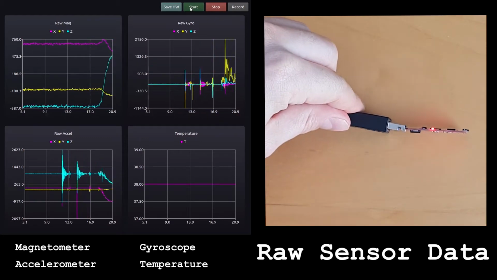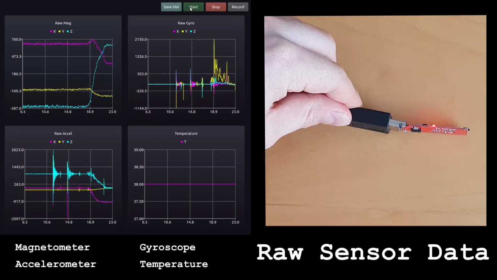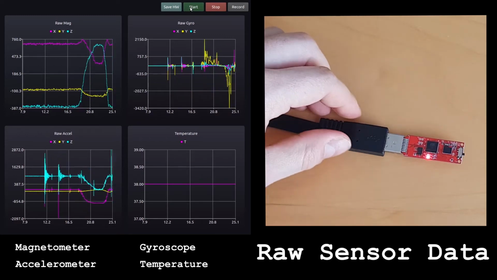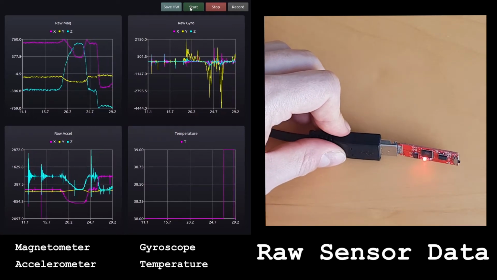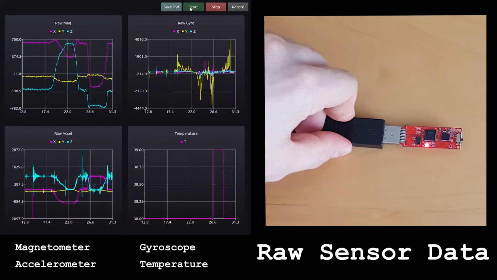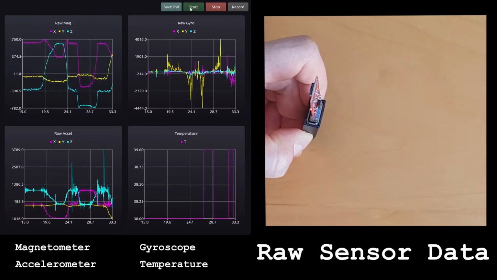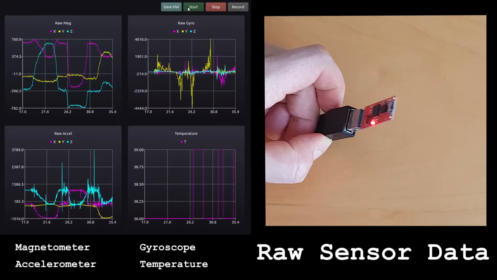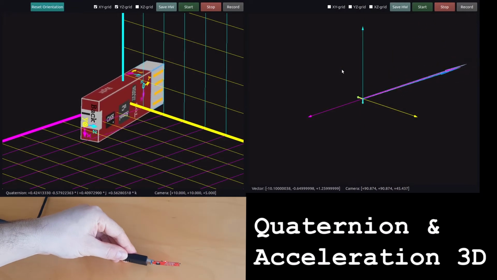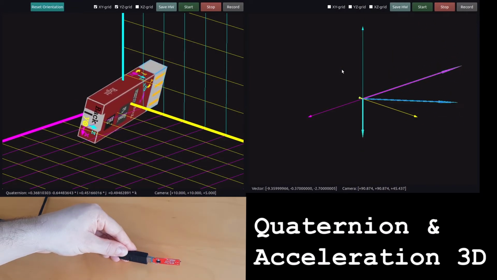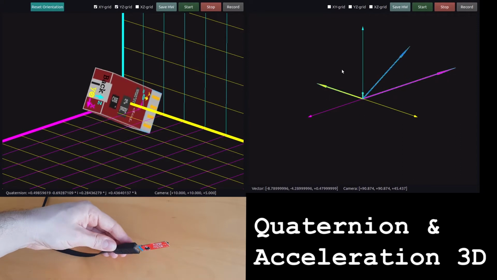Yet when I start to rotate the board and change its orientation, the data of all the sensors show significant change. The measurements from different sensors are fused inside the B&O, and the orientation quaternion is provided as a fusion output. In addition to the raw and processed sensor data, I also implemented the 3D visualization in OpenGL.